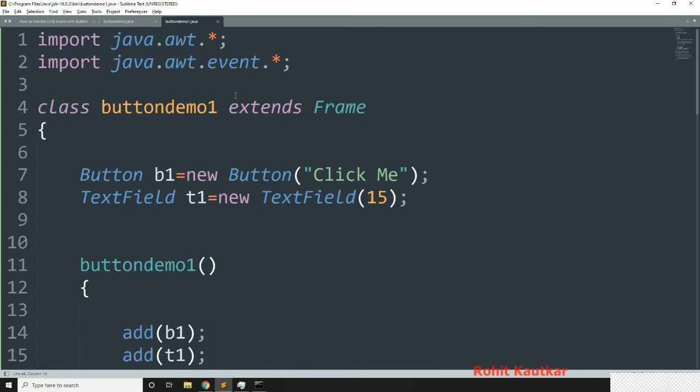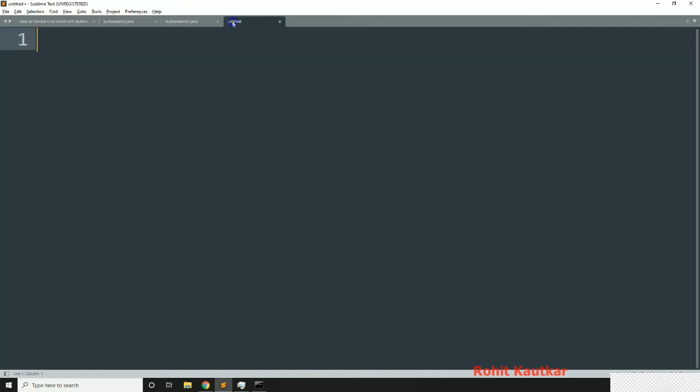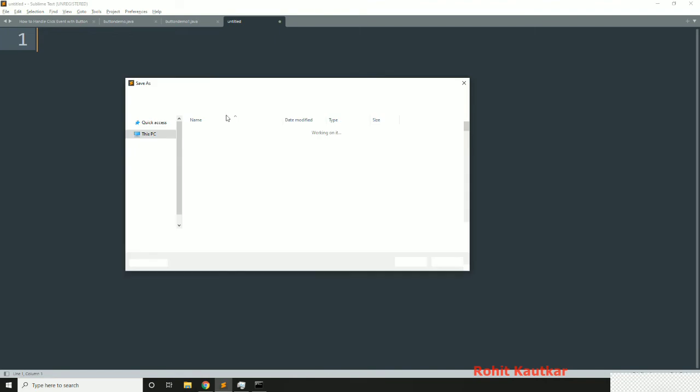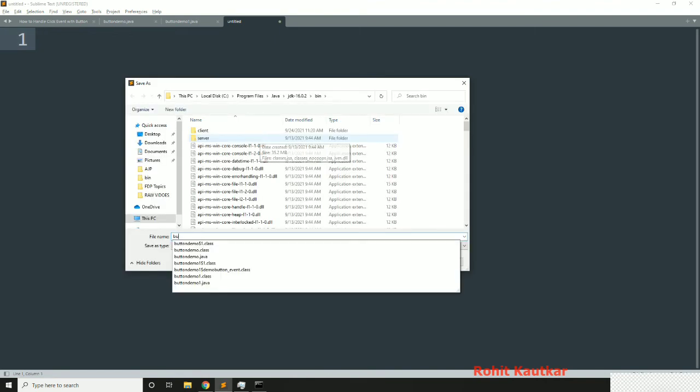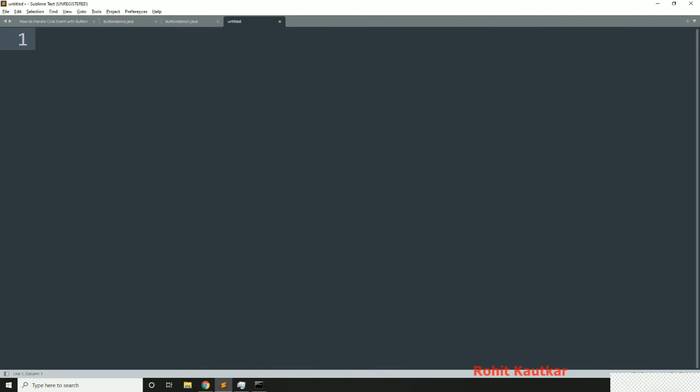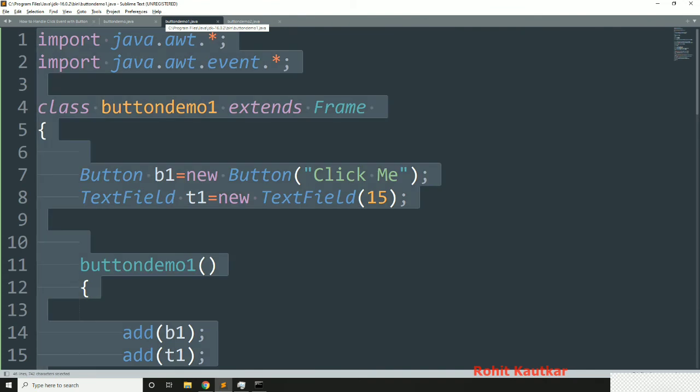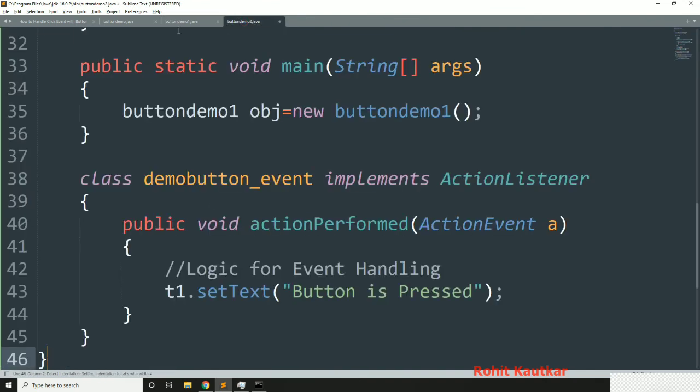Now one more way I will try to tell you how you can handle the click event of a button. For this I could change this code itself, or I will create a new file, ButtonDemo2.java. All the basic things I will just grab from this file, so it will save our time.